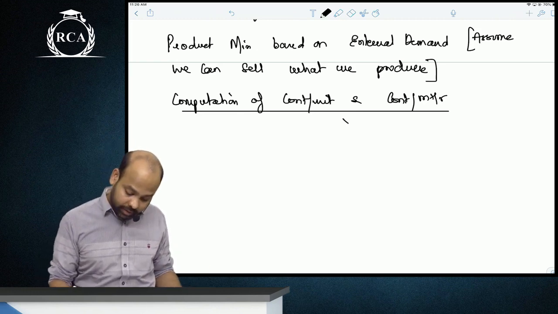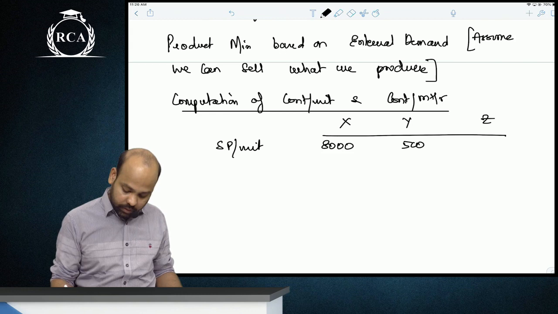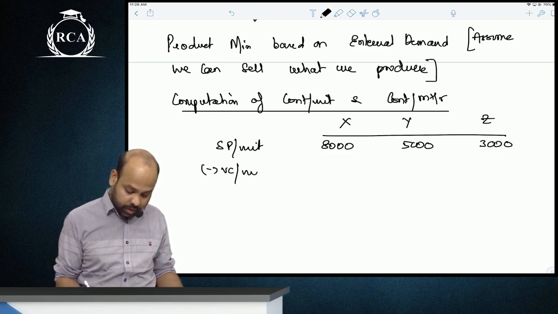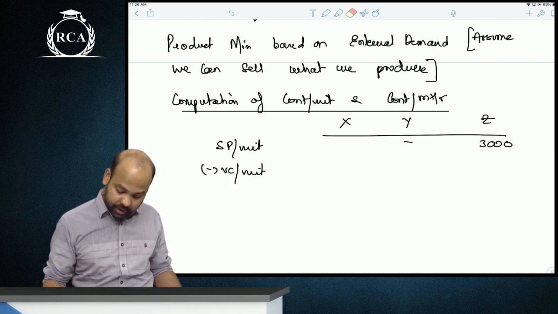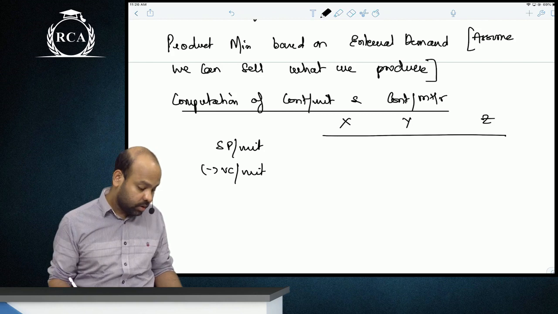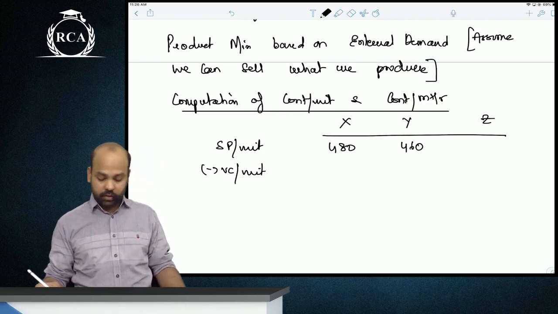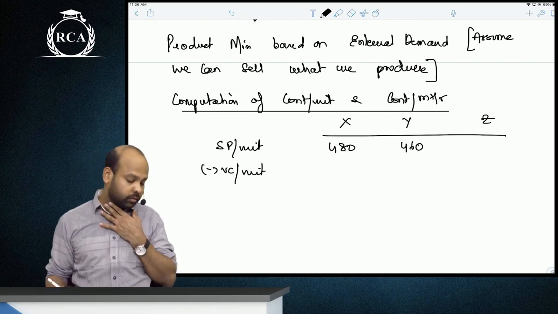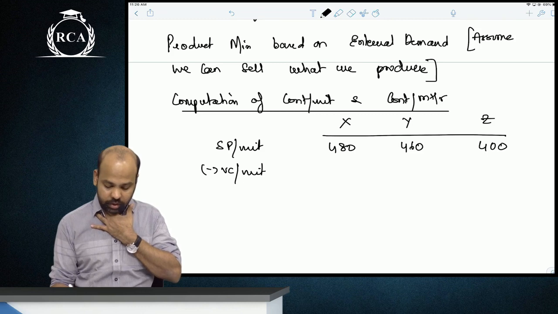So here you'll have X, Y and Z. The selling price per unit is 8,000, 5,000 and 3,000. Your variable cost per unit is, oh my god, that's the production capacity, guys. So selling price per unit is 480, 460 and 400. Variable cost per unit is